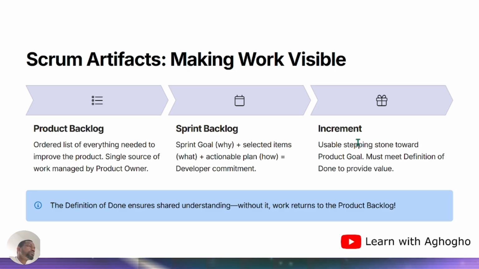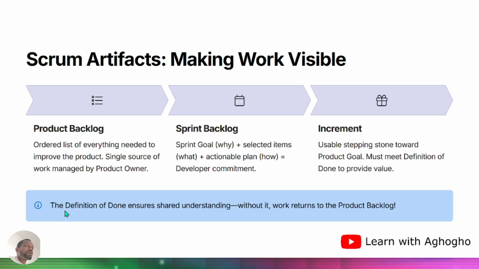Okay, on here we'll talk about the increments. So an increment is a usable stepping stone towards the product goal, must meet the definition of done to provide value. So this is the section where you get your deliverable delivered at each sprint. Okay, so